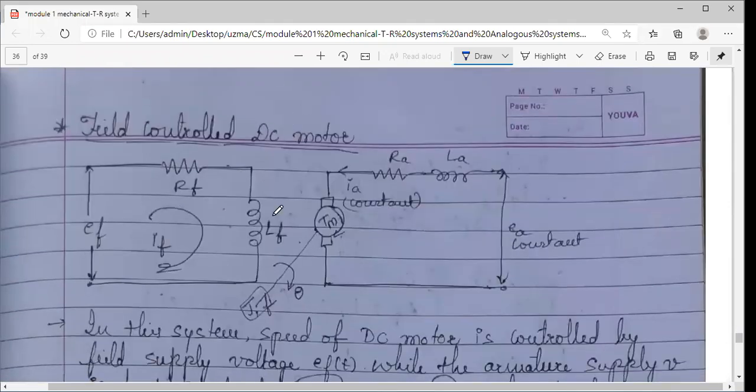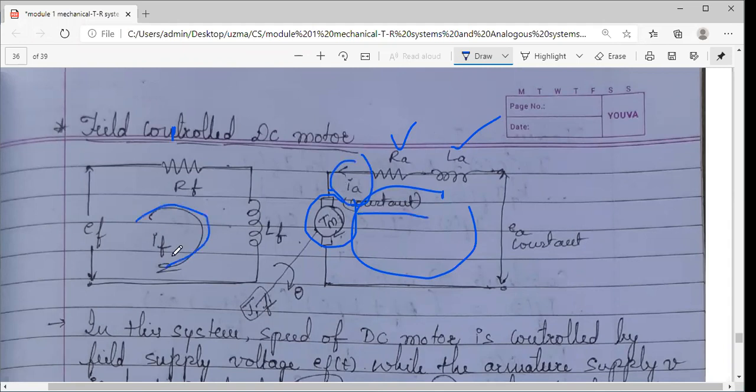So with this basic, let me start the field controlled DC motor. You can see the figure has just been exchanged. This figure, earlier in armature control, we had drawn here. So what is it? This is an armature circuit. There is a loop. You have a motor connected, armature. Then it has its own resistance and inductance. They are not separate connections. We are not taking any physical resistor and inductor. It is internal. That armature circuit has got its resistance and inductance. It has a current IA. This time IA is constant and IF is varying.